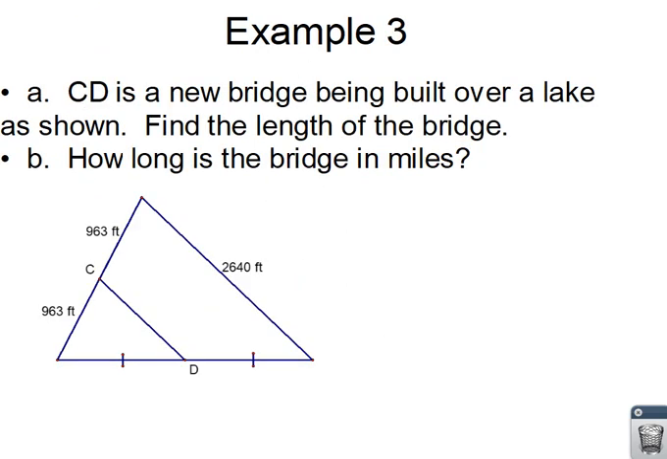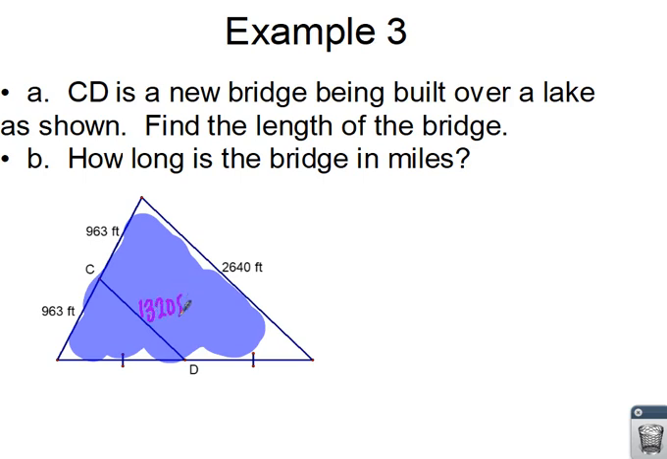All right, so let's say there's a bridge, and we'll make a little lake here. It's a bridge over a lake. Okay? There's the lake. All right, it says CD is a new bridge being built over the lake, and they want the length of the bridge. So we look at this, we say C is a midpoint because 963 is the same on both sides, and D is a midpoint because both sides are the same. So then CD has to be half of this other side, so half of 2640 would be